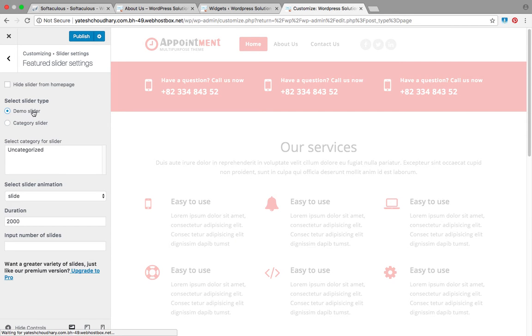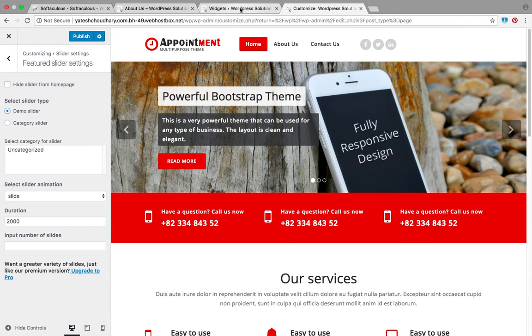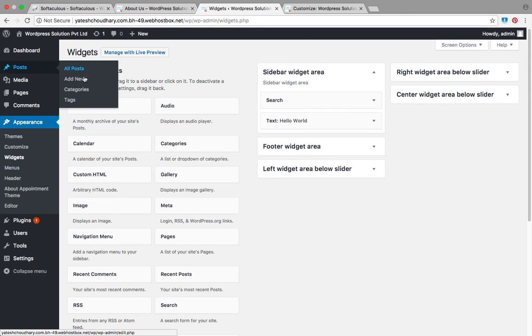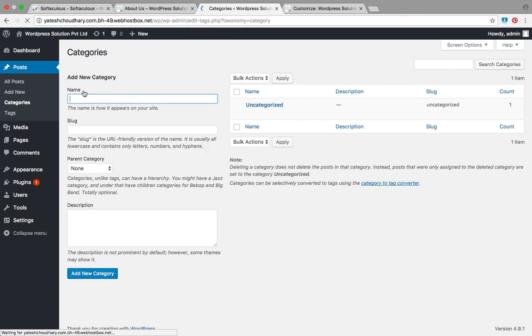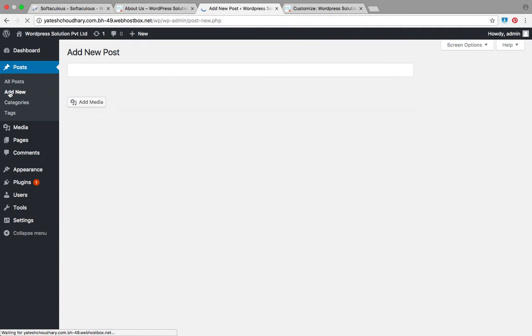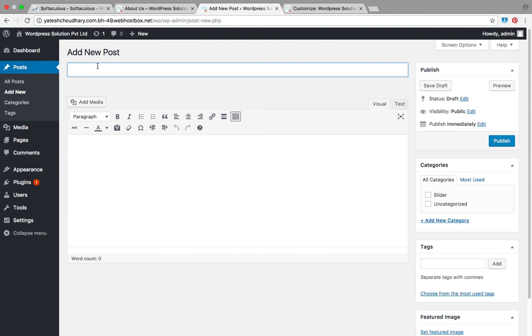Because you do not have a category yet. So for that, you have to get into the post section, go to the categories part. In categories you have to create a category called slider. Okay, post category called slider. Then you have to create some new post. Okay, so let me call this post slider